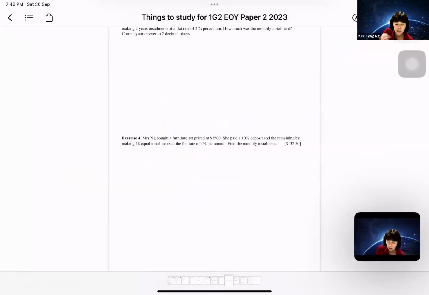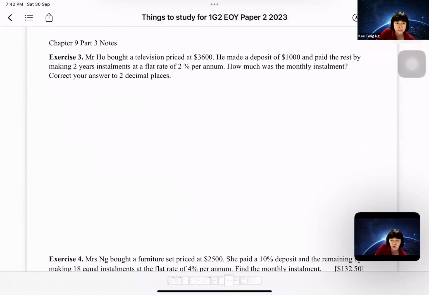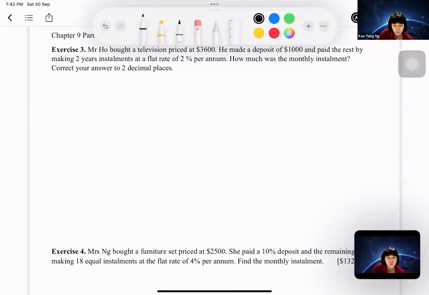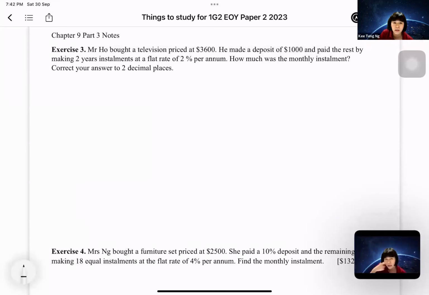Okay, good. Now, next two questions, we are going to talk about money, right? They are very similar and it's in chapter 9, part 3 of our notes. So I can only have time to explain one question, right? So I'll do exercise 3 first. But before we begin, what is a hire purchase? Now, this question is talking about Mr. Ho buying a television set,